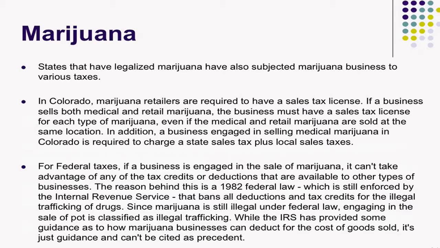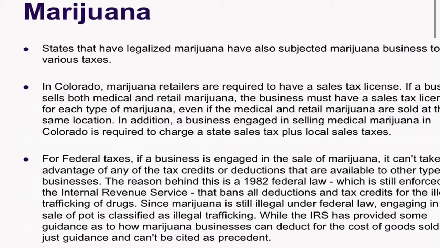So you very well, if you do it, could still be getting a visit from the IRS if you take cost of goods sold deductions, because they might say, yeah, you've taken these, and in a way, you're still liable. You're still trafficking in illegal drugs, and so we're still coming after you. So that's marijuana sales. Billion-dollar business in Colorado. I don't know how it is in other states, but I'm sure it's just as big.